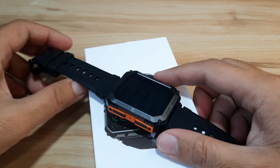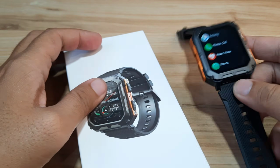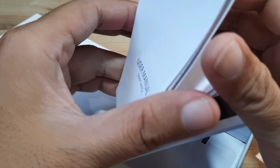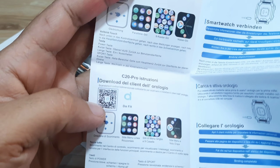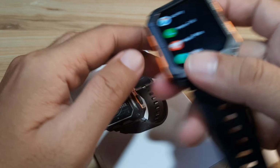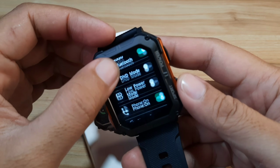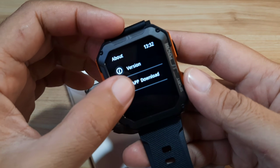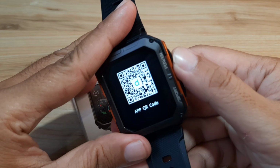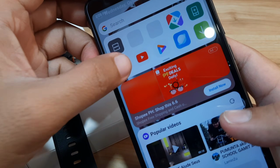Okay, so let's start and download the support app for the smartwatch, the DAFIT application. If you're looking for the QR code, it's available here in the user manual. Okay, so let's check. As you can see here, we have the QR code here. You can scan that. Or if you happen to lose your user manual, it is also available here in the smartwatch. Just go to the settings, go to the about section, and we have the app download. So you can scan this QR code and go directly to the application, or you can just search it